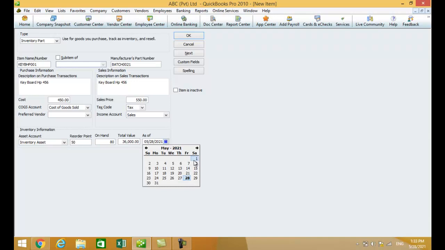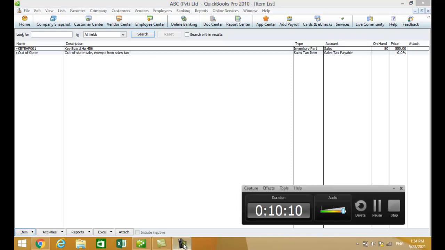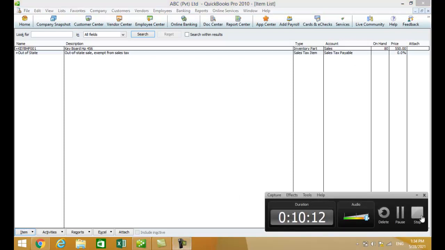We have created the beginning of the transaction as May 1st. Okay, click OK. Once you click OK, automatically you can see the information is available in the list. So this is the way we can create